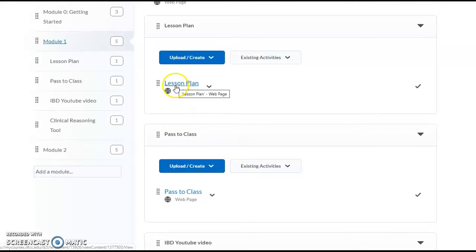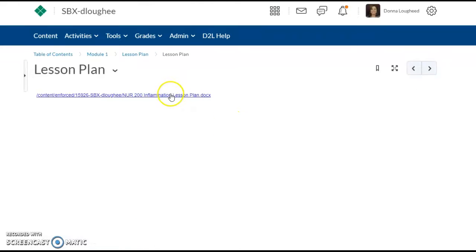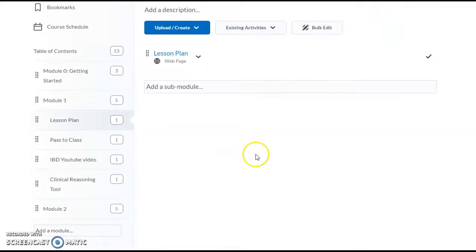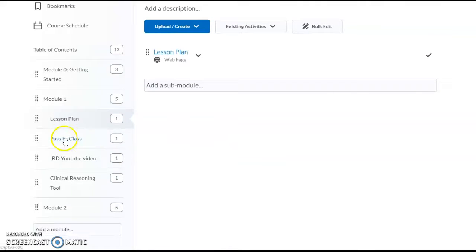And in the lesson plan, it will have your assignment for the week. Underneath the lesson plan, there is the Pass the Class, which is the document that after you do your required reading, you should fill out and have ready